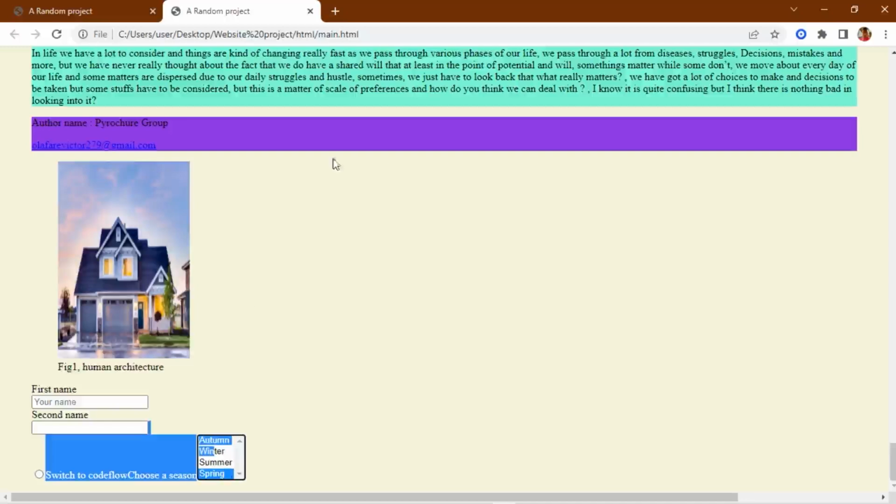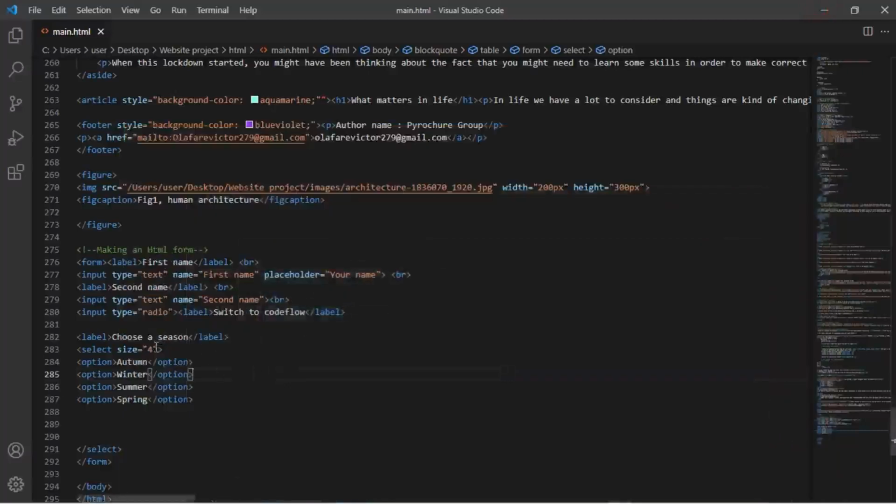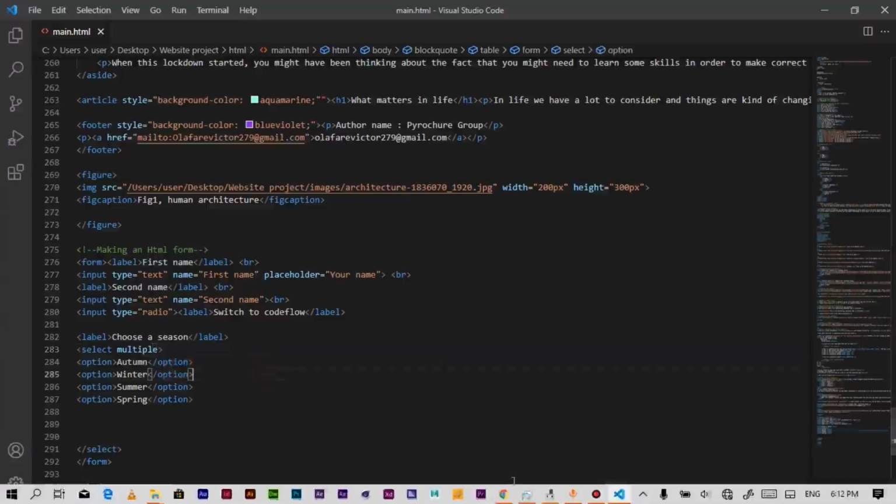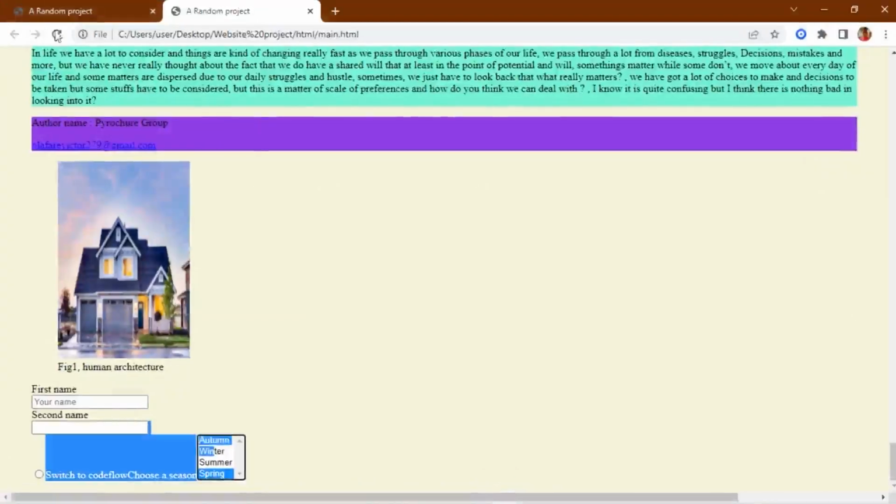So we also have another one called the multiple attribute, and it initiates what we call multiple selections. So first of all, let's delete this. Let's delete the size, and let's include what we call multiple, and let's save this. That's all we need to do in terms of multiple, and let's reload our page,